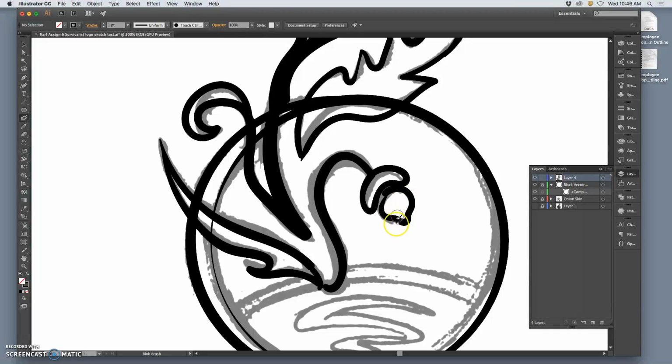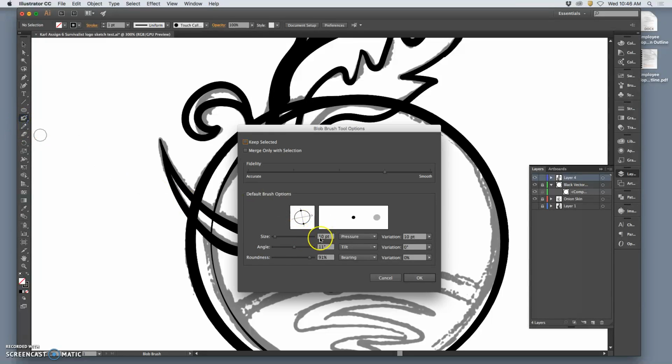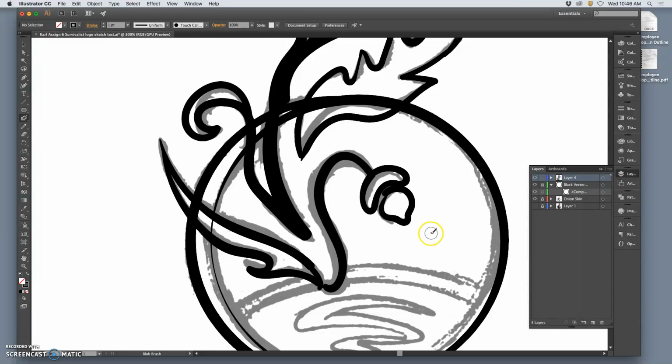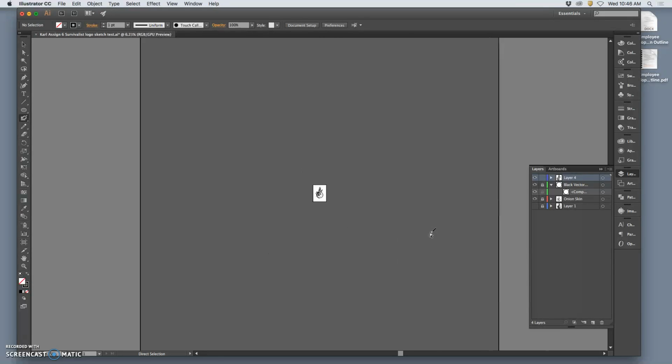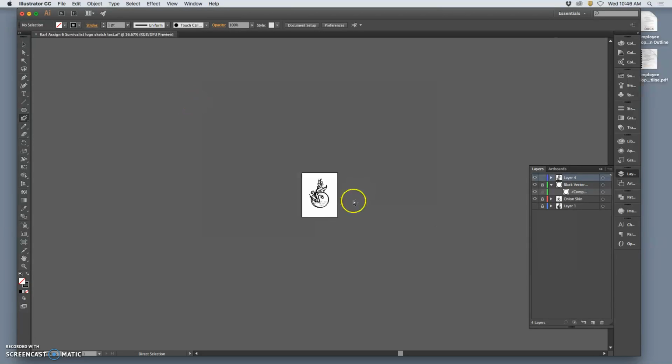Now, if it ever feels like it's just getting too thick, I can always shrink it more. But if you shrink your blob brush below 10 point, right now I'm at 10 point, then you're painting with a font that's less than 10 point font, right? And that means that when it's used on a business card, those lines aren't going to be visible. So any detail